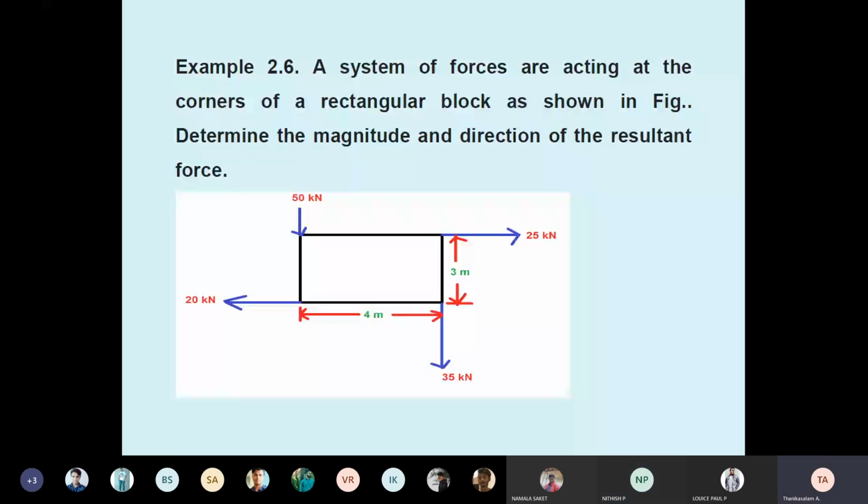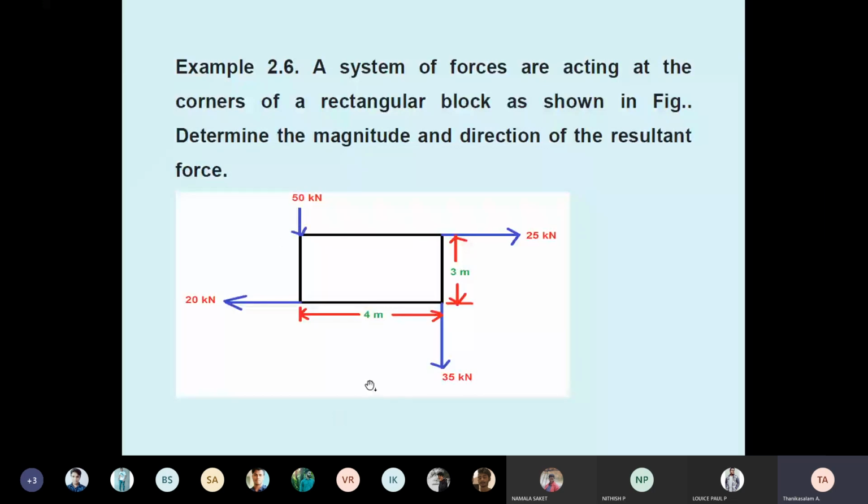Sajid? Sir, see the 50 kilonewton. So both are minus, sir. Yeah, both are minus, students, because it goes vertically downward, no? Yes, sir. Always see the arrow mark. Don't see which place it is in. You see the 50, they directly pull downward. See the arrow mark, downward direction.